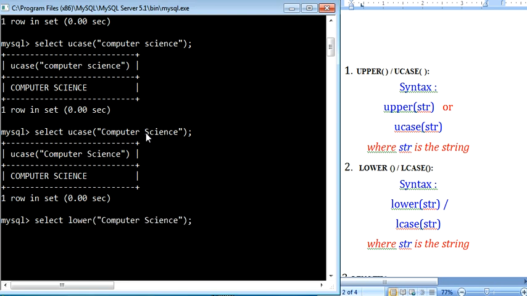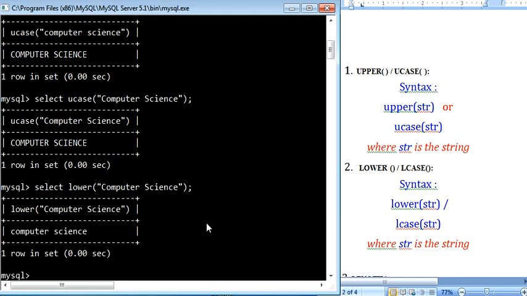First we'll take this example where C and S are capital and all the remaining are small letters. So what is the output you will be expecting? All have been converted to small letters and displayed. Only C and S were capital in the given example and the remaining were small letters. So small letters are kept as they are, but the capitals have been converted to small letters and displayed. Hope you understood.